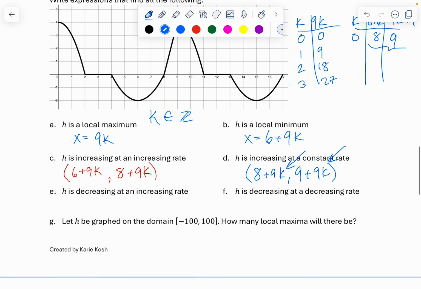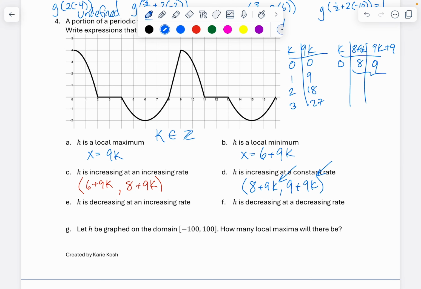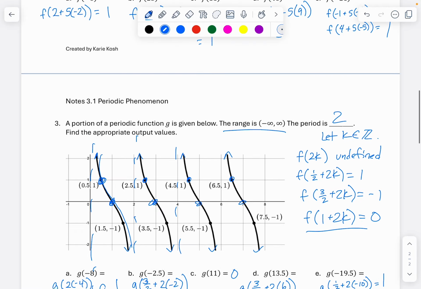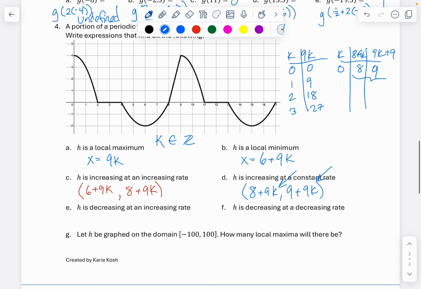Continuing on, H is decreasing at an increasing rate. So H is decreasing, my graph is going down at an increasing rate, and it's concave. Let's try that again. And decreasing at an increasing rate. It's decreasing here, but it's concave down, so it would not be at an increasing rate. It's decreasing here, and it's concave up, so that's what we were looking for. And so I'm going to say 4 plus 9k to 6 plus 9k. It could be argued that I should be using hard brackets, but I really don't want to get into that